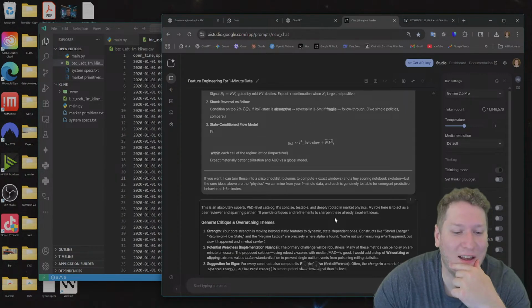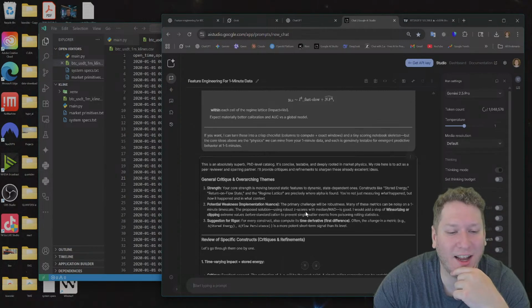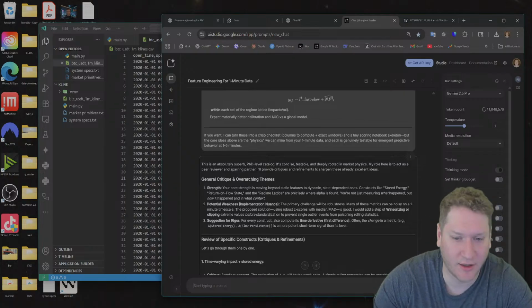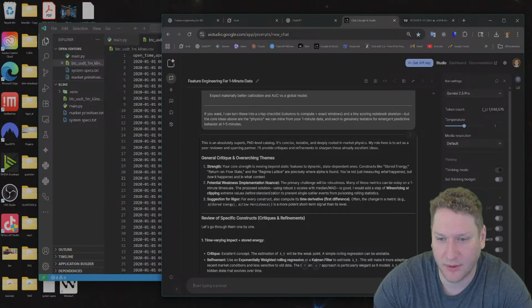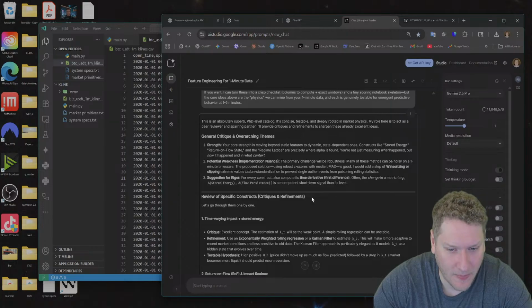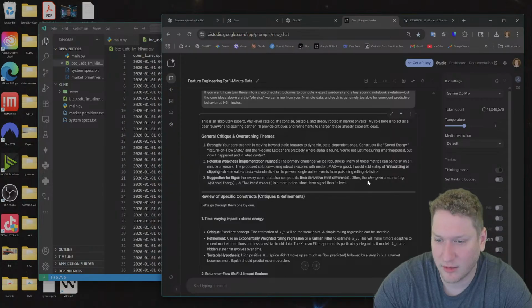But it's glazing it. Absolutely superb PhD level catalog. It's concise, testable, deeply rooted in market physics. Can be noisy on a 1 minute time scale. Okay, the proposed solution using robust z-scores and a median is good. I would add winsorizing or clipping.